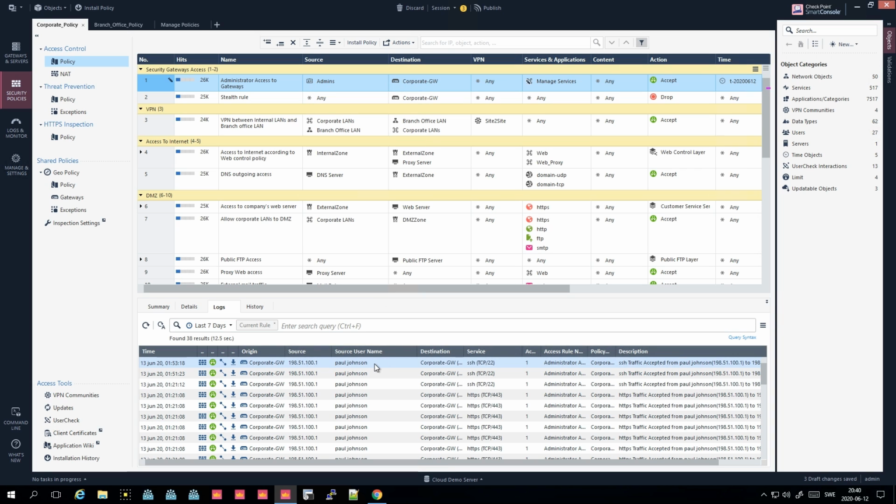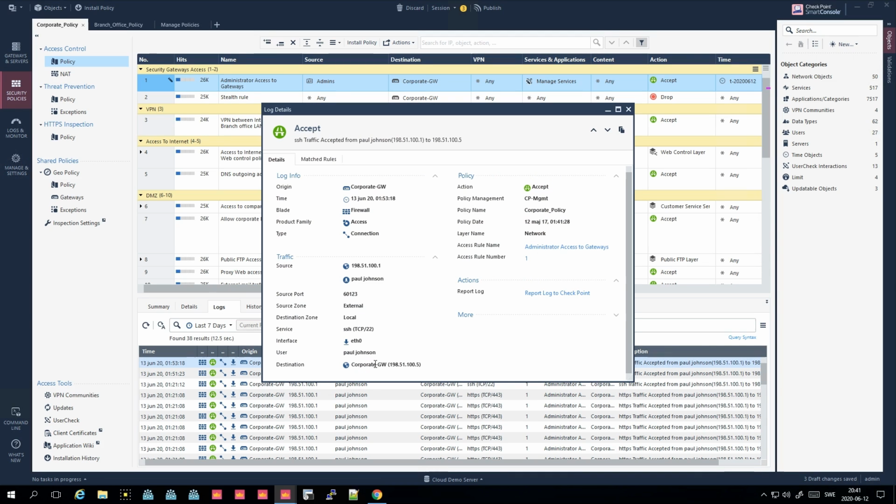So within the rule, it will be populated with the identity of the users and also of the server or the laptop ID. So it will add more identity here. It will add the laptop name, etc. If you didn't see, I just double clicked the logs, and you see more details of all the logs, meaning you see when the log was entered, which blade,